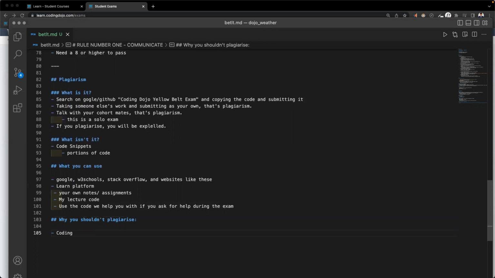According to Coding Dojo, I know it's new, but we have an understanding that if you use ChatGPT for the exam to help you generate any code, that will be plagiarism for the exam. So don't do that. We don't want to expel any of you. Okay, you will be expelled for plagiarizing on your exam.